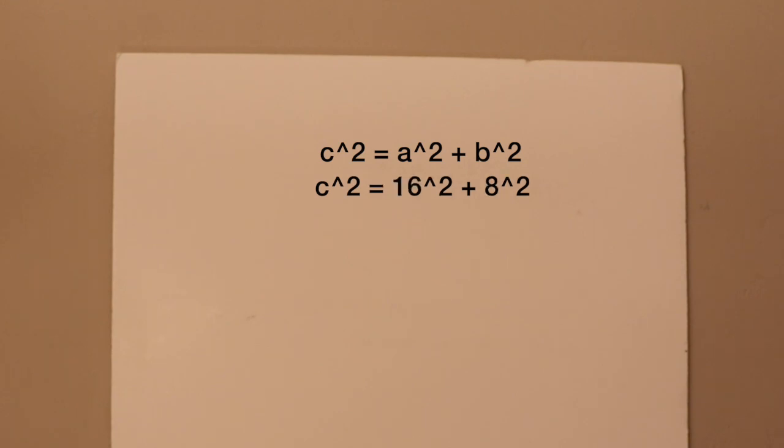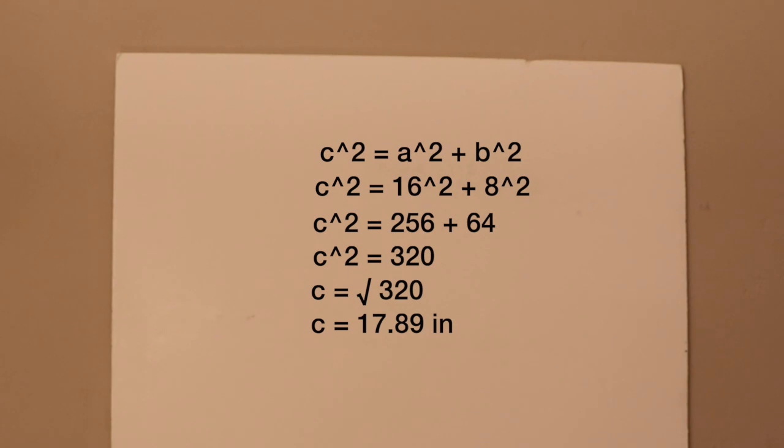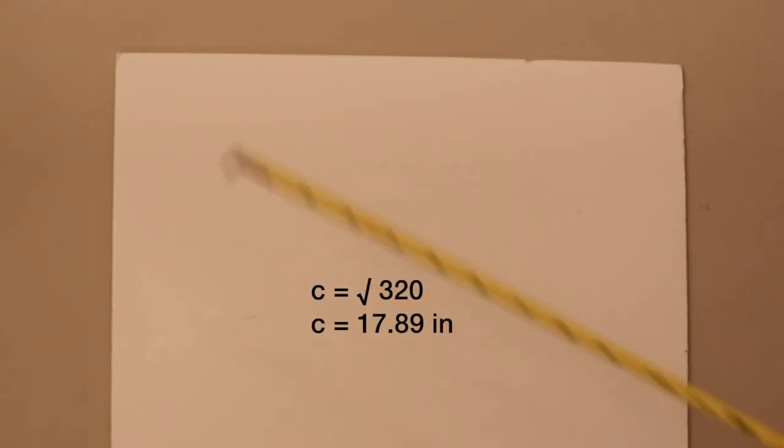If we then measure the height at that point, the height at that point is right about 8 inches. A little bit shy, but just about 8 inches. And now, if we use our Pythagorean theorem, then what it should come out to is 16 squared plus 8 squared, giving us 320. But then we need to take the square root of 320, which comes out to 17.89 inches. And if we try it out,